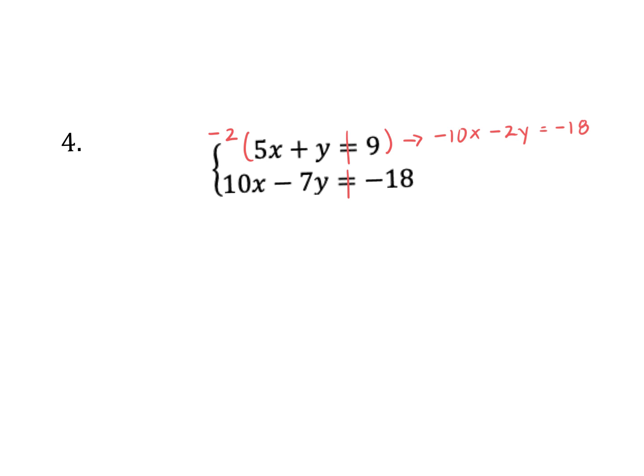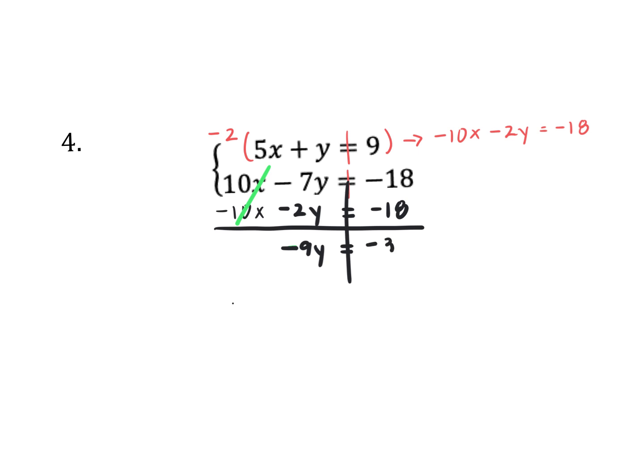So I'm going to take that and put it right under that bottom equation. So negative 10x minus 2y equals negative 18. Okay, so when I look at these, I have a positive 10x and a negative 10x, so I'm going to cancel those. Then I have a negative 7, and I'm going to subtract 2. That's going to give me a negative 9y equals,